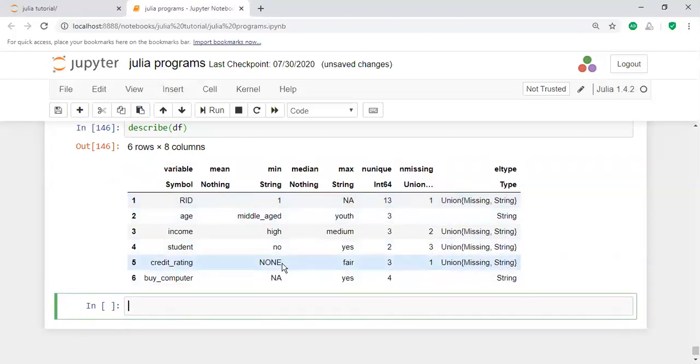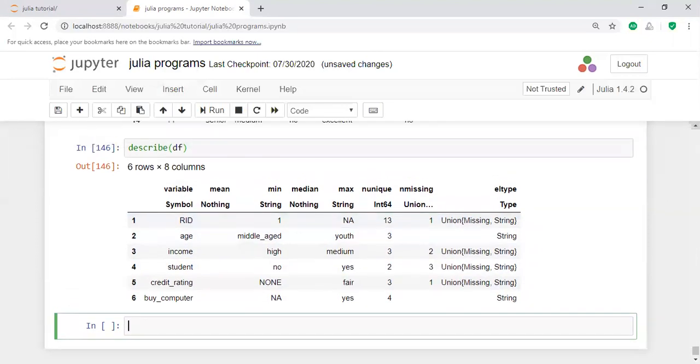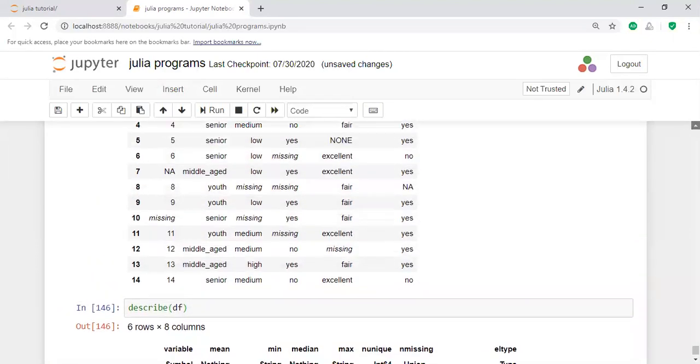The fifth row consists of none, and the sixth row consists of NAs. The first column has one missing value, and the third attribute has two missing values. This describes the entire representation of our data set.